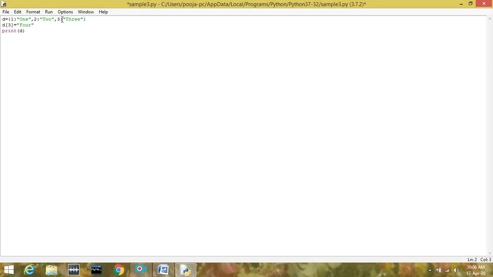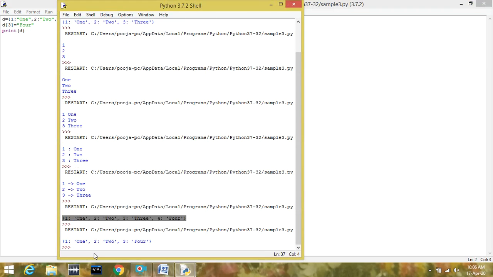So let's see whether Python will give error or something else will happen. Save it, run it. Oh, Python has not generated any error. So what happened? You can see that old value is replaced with the new value.